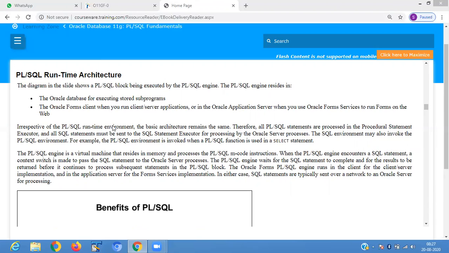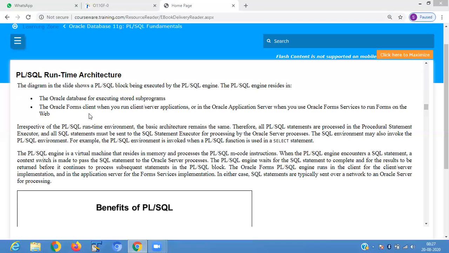It is also present in the Oracle form client when you run the client and server application, or in the Oracle application server when you use the Oracle form services. Okay, so it is present in two parts.